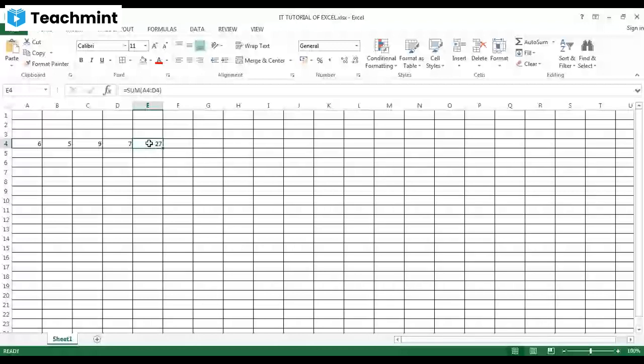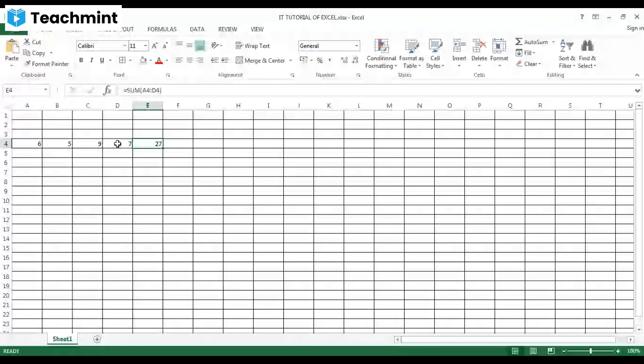Here I have put a formula of sum A4 to D4. It means it is making a cell range of cell A4 to cell D4. Is it clear to all?